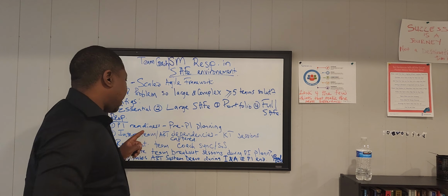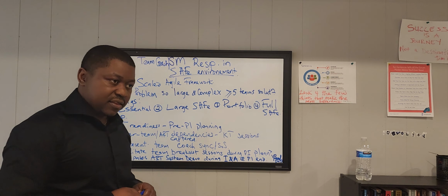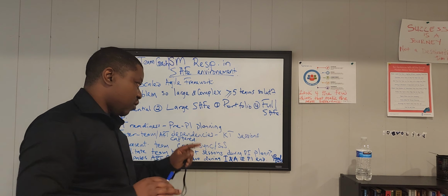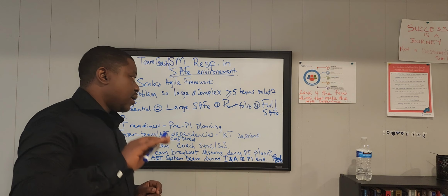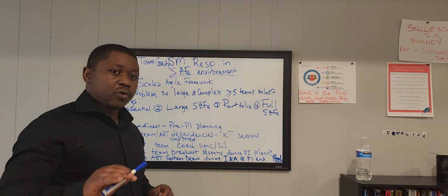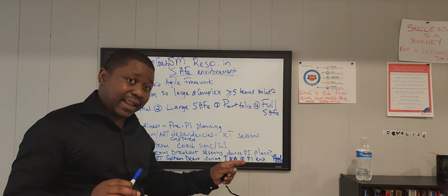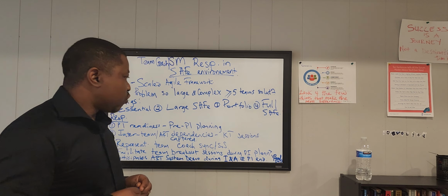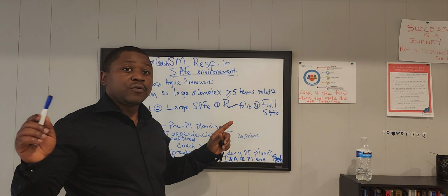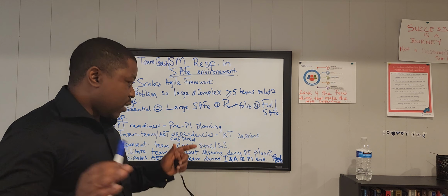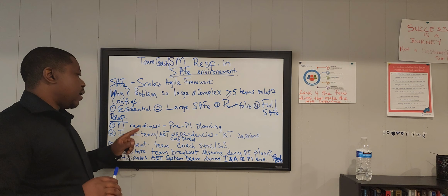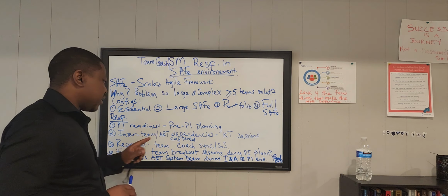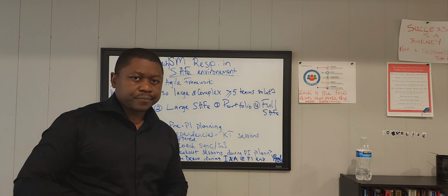So I make sure those inter-team dependencies are captured and discussed, and those KT sessions are organized, and I make sure that it is even captured on the tool we use, which is Jira Align. We use Jira Align to capture all our inter-team dependencies, so it's transparent and visible to all the stakeholders of the ART.